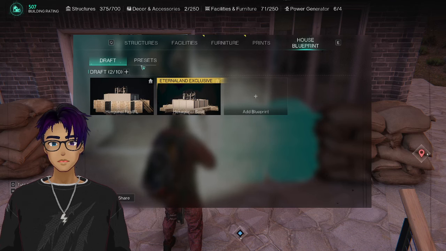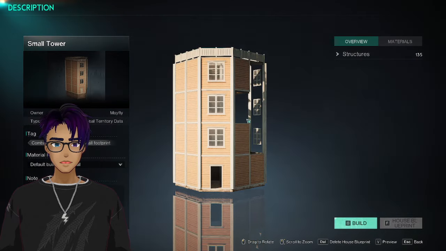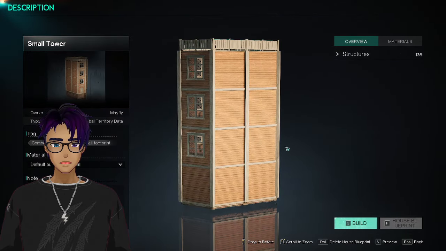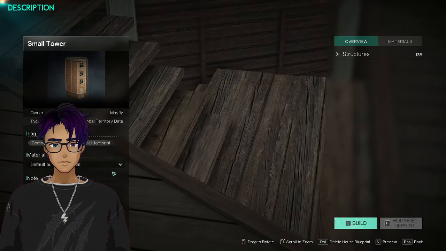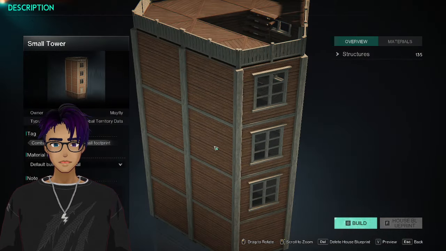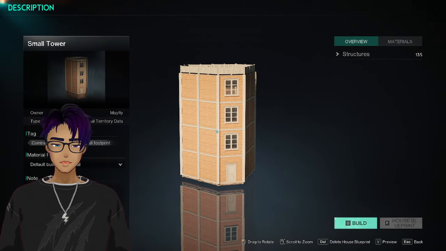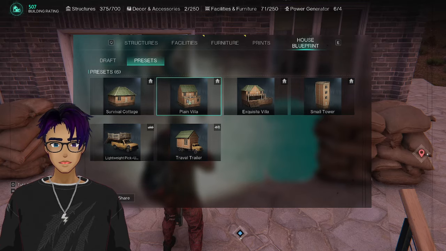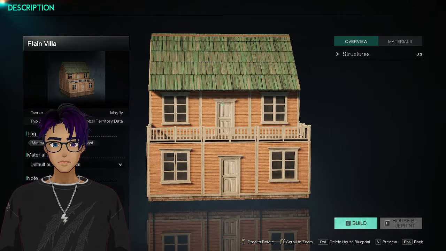But one thing you do have that's pretty neat as well is this presets tab. These are a couple of basic bases that the developers have provided, and you can go inside and see what it looks like and spin around and stuff like that. But if you're not looking to build your own base quite yet and go through a complicated building process, and you just want a base that looks somewhat decent and is functional, you can also